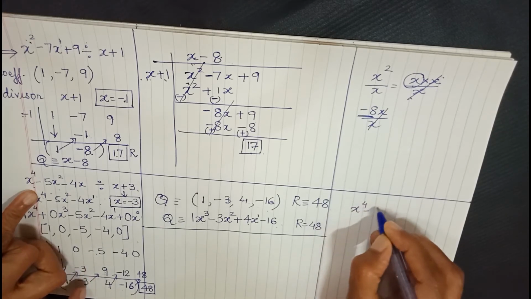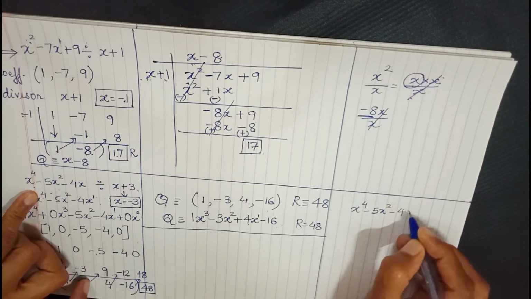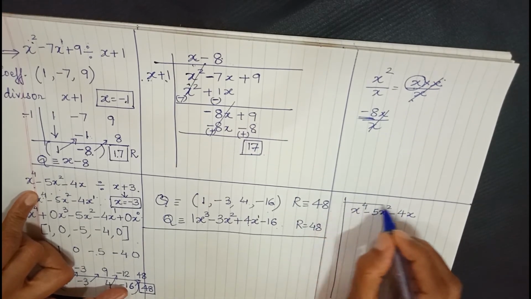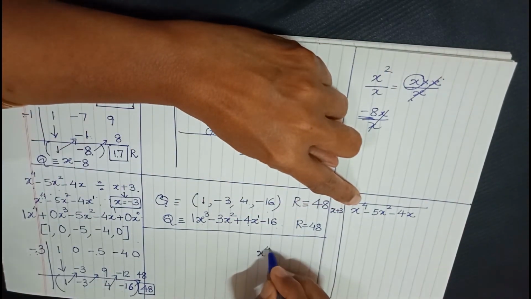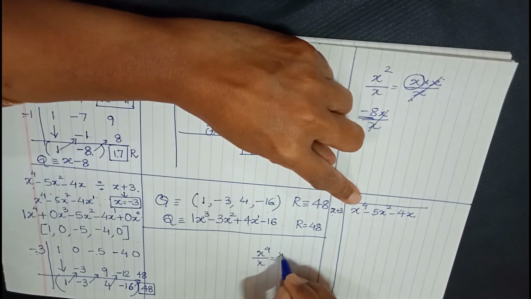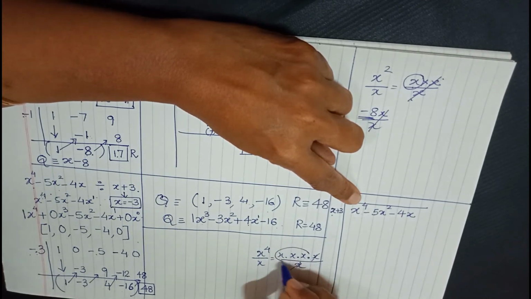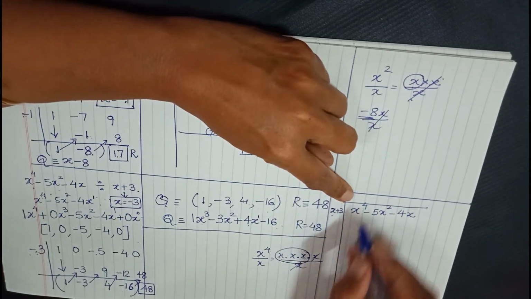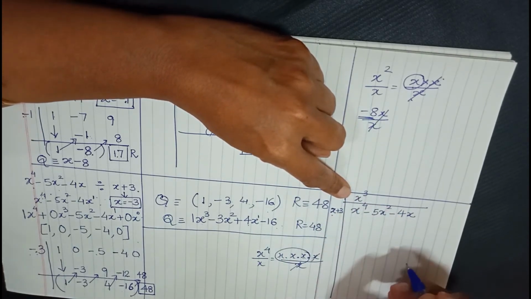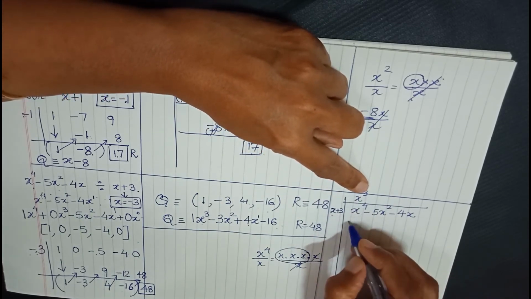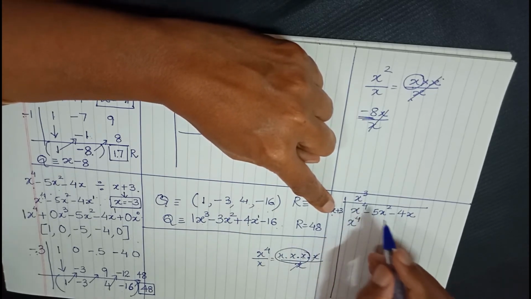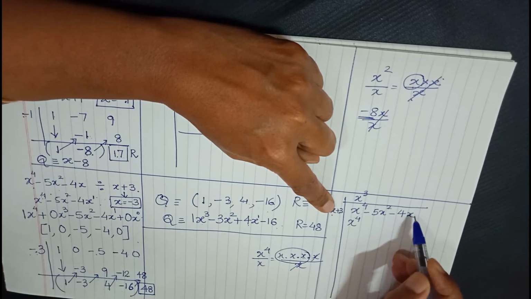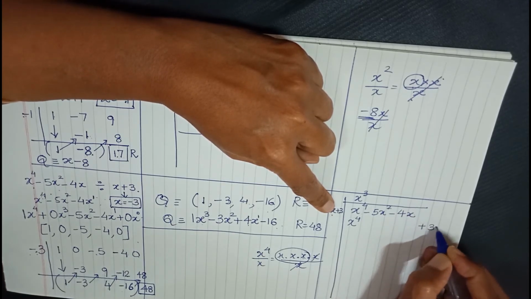So x raised to 4 minus 5x square minus 4x to be divided by x plus 3. Now I want x raised to 4 from x. Now x raised to 4 you know is nothing but x multiplied 4 times. 1x gets cancelled. What remains is x raised to 3. So the first quotient term that we get here is x raised to 3. X raised to 3 into x is x raised to 4. 3 into x cube is plus 3x cube. But you can see there is no x cube term here. So we write it in the end.